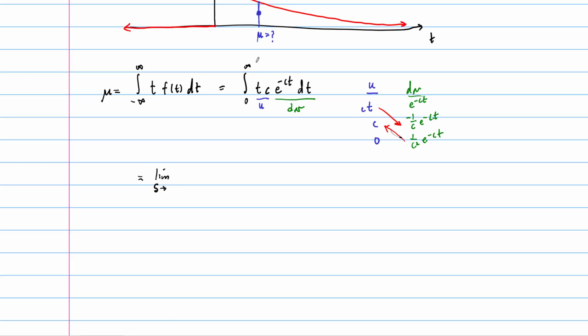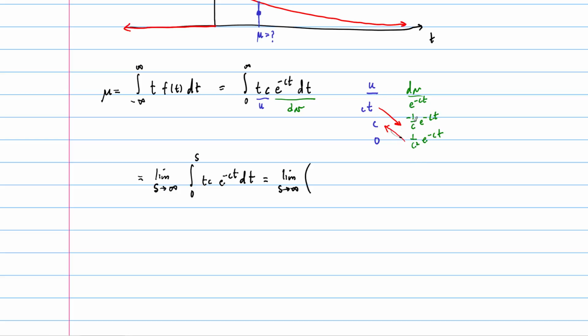We could do capital A in this case. I think the book uses capital A, but let's use s to infinity. This is then the integral from 0 to s, and we're integrating the same thing. I'm just rewriting this because I should have done this first, right? And now we know that this becomes the limit as s approaches infinity of our antiderivative, that part we've got